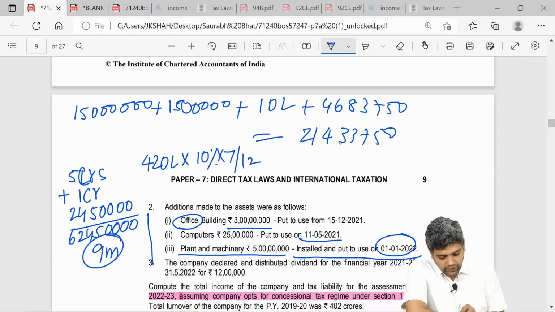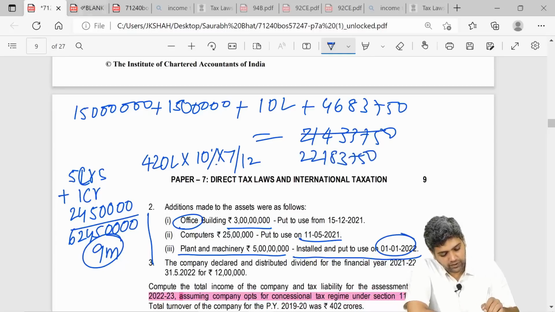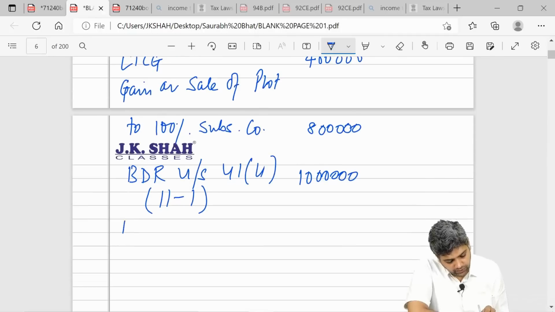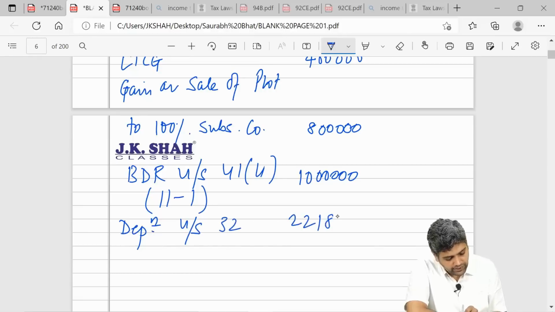So the addition of entire depreciation comes to 2 crore 21 lakhs 83,750. So that I will reduce over here. Depreciation under section 32, 2 crore 21 lakh